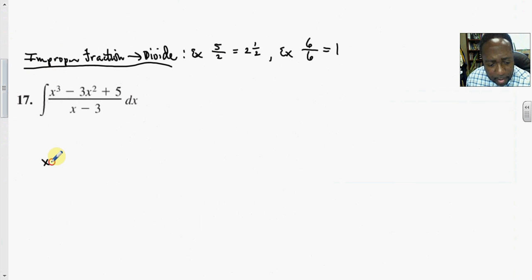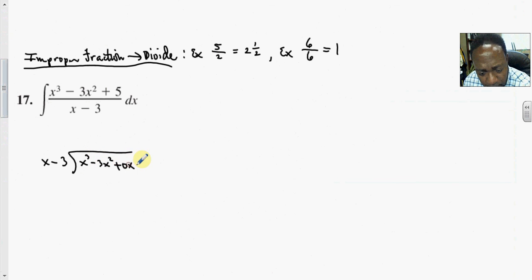So we have x minus 3 divided into the numerator, and a lot of times you check to see if you can factor the numerator. Since this is a cube and this downstairs is x to the first, I'm just going to go ahead and divide. We're missing a term, so we inject a 0 there to hold the spot in the mathematical chain of events. The algorithm, how we program computer